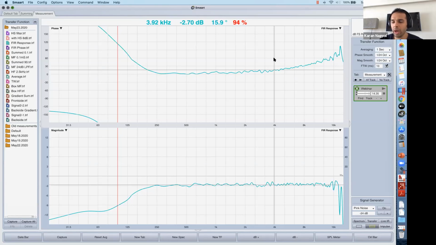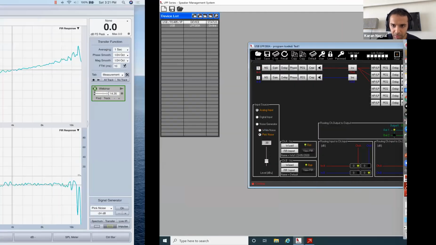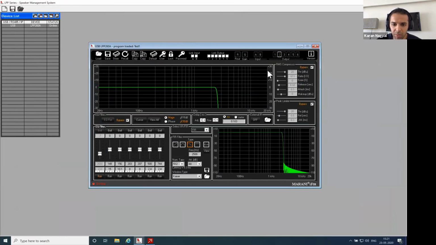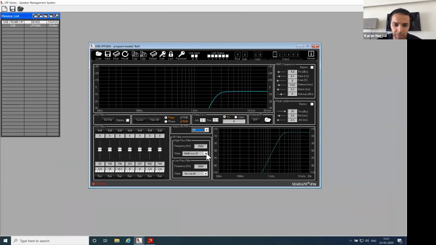One of the things I'll show you guys later: input one is my HF, and I'll move it back to infinite impulse response and get maybe 24 dB an octave, Linkwitz-Riley, what we had said earlier. And channel 2 is again IIR, again 24 dB an octave.